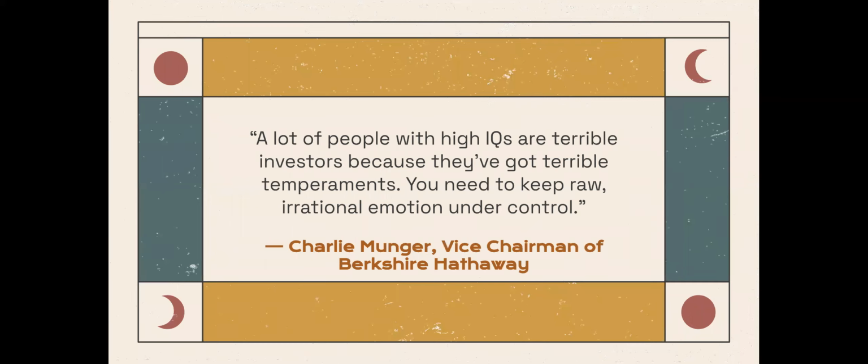Here's a very interesting quote that I found by Charlie Munger: a lot of people with high IQ are terrible investors because they have terrible temperament. This quote shows how sometimes people say that the stock market operates on emotions. Sometimes investors are irrational. So that's why there's a growing need and a growing adoption in a lot of financial institutions to use NLP and sentiment analysis in their day-to-day job and business operations as well.